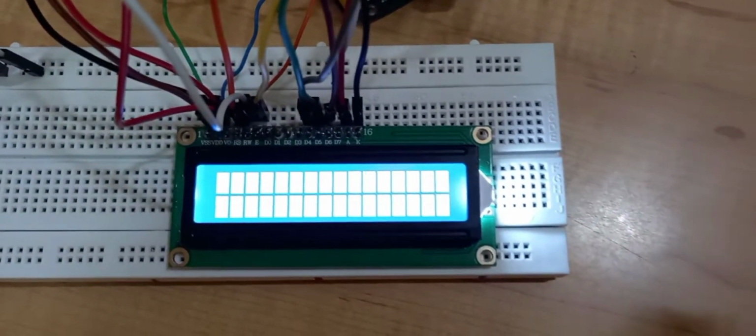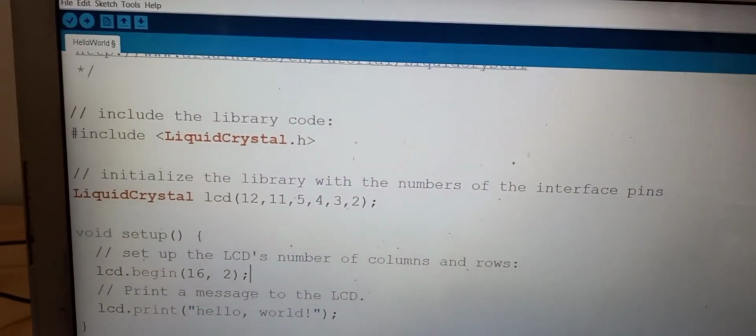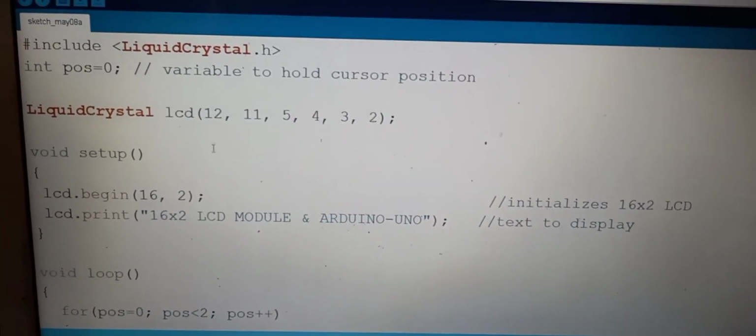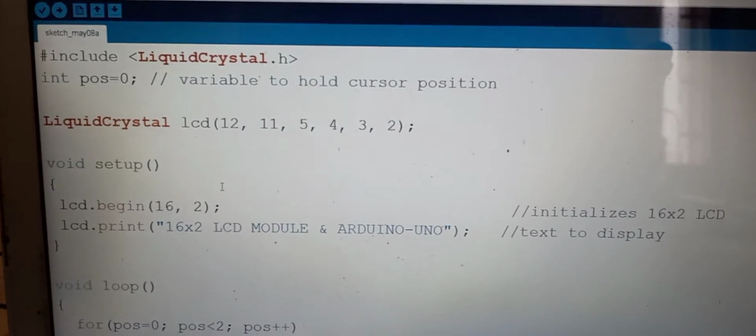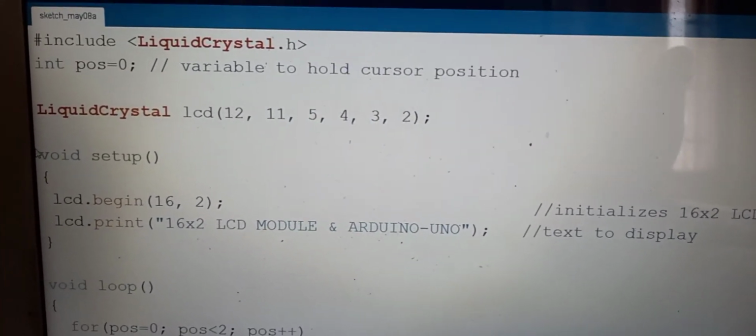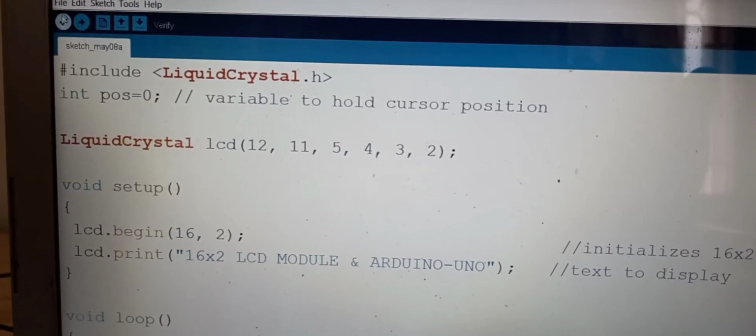So now I am going to upload the second code, that is nothing but the scrolling display code that we have discussed in our simulation session. So here the aim is to display the text with scrolling display.